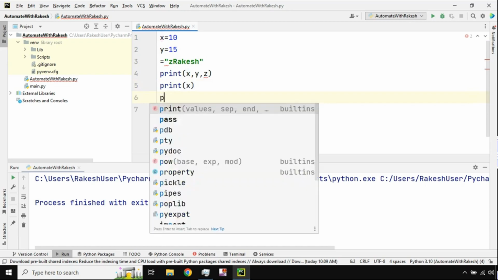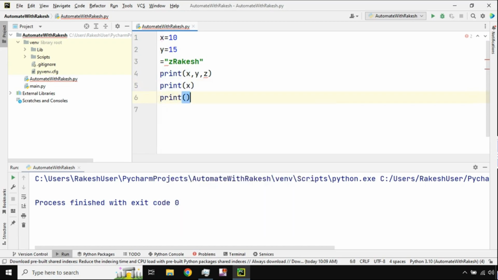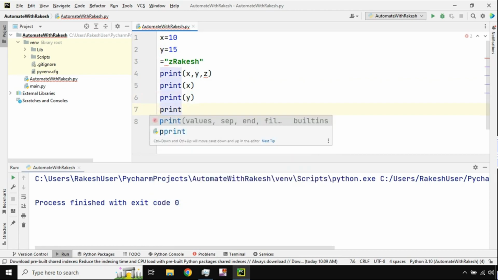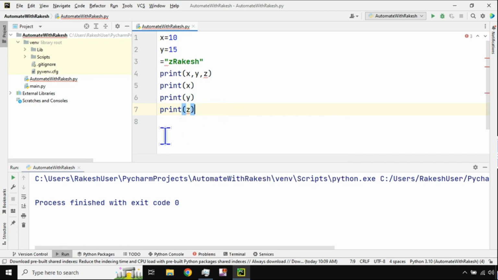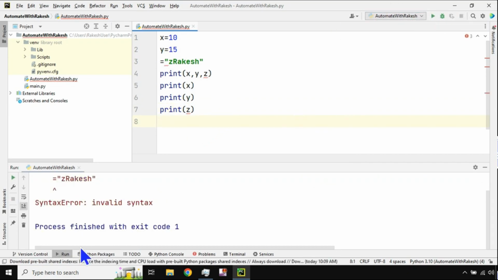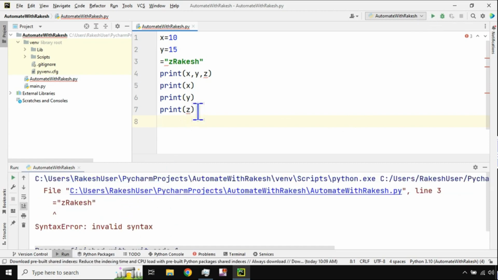Like this you can write, or you can say print, then you can say y. Similar way you can say print. So the print command, what we are learning here, print command in different formats we are learning. The moment I hit on run, what would happen? So for the z it has given an error, because why? Because z is not a,